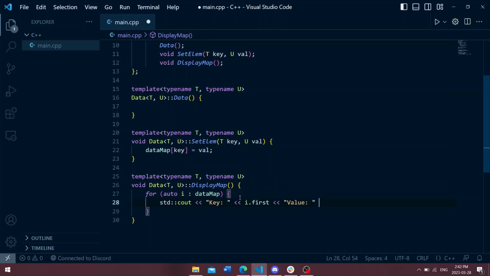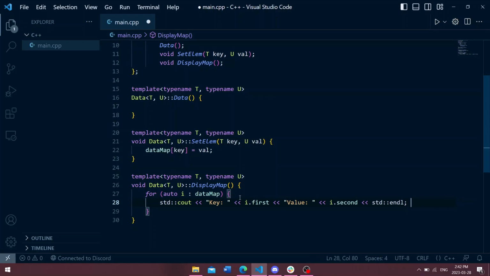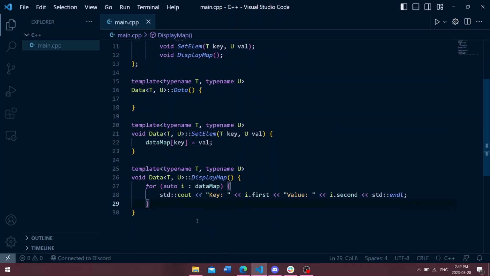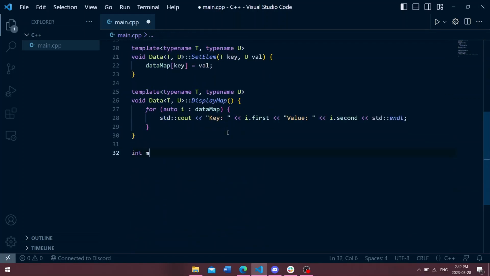And value. And that will print our map. So that's pretty much it for all the functions for now. It's a very basic class, but the main purpose is just to figure out how templates actually work